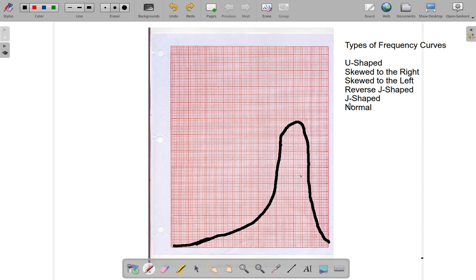This is skewed to the left, and it is called a negatively skewed distribution. It's negatively skewed to the left. That's where the long tail is. Now, what could possibly give rise to this? It could be where